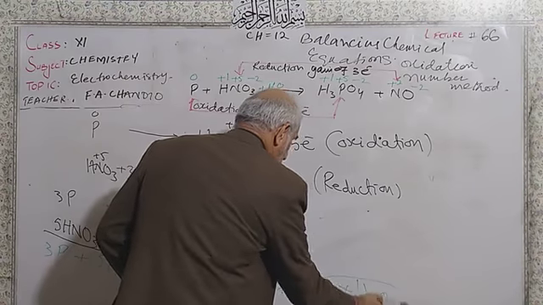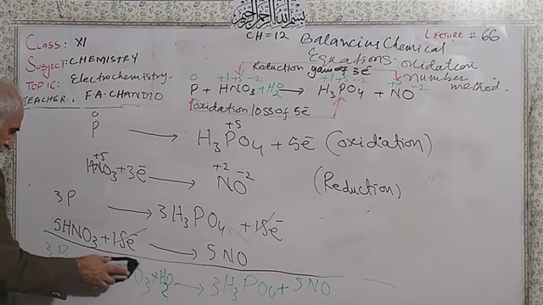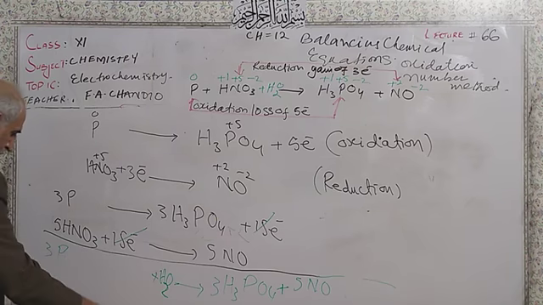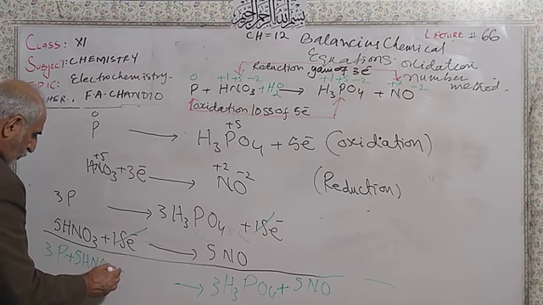See this one now. Total hydrogen atoms are 9 and here are 5. So students, you have to put 4, so plus 5 nitric acid plus 4